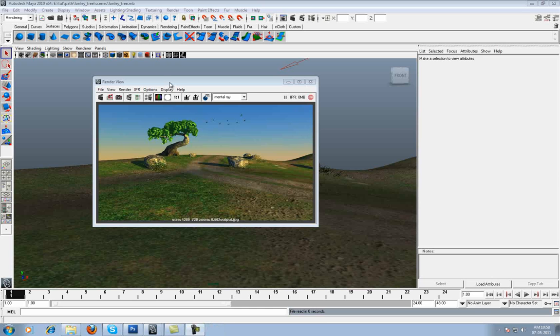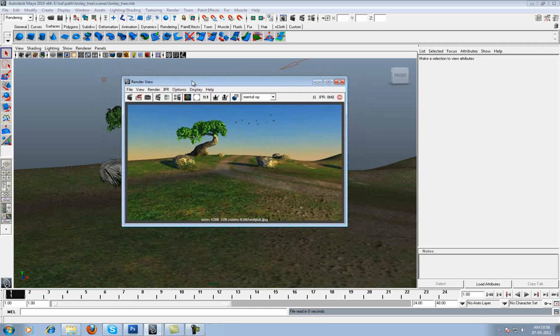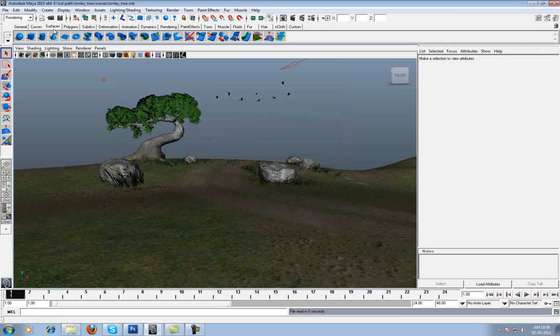Hi guys, today I am going to create this scene. In this scene I'm going to show you some texturing techniques, how to improve the texturing quality. Okay, so I'm going to create a new scene